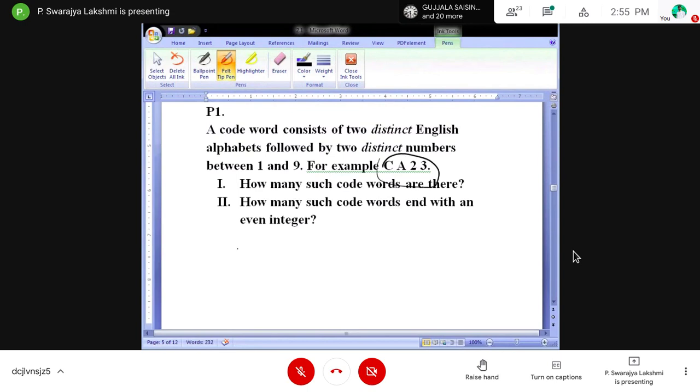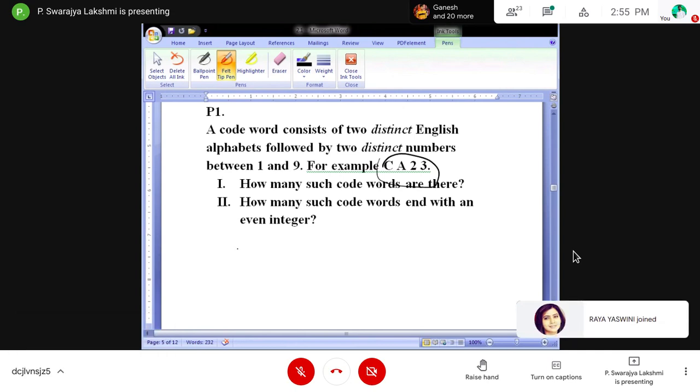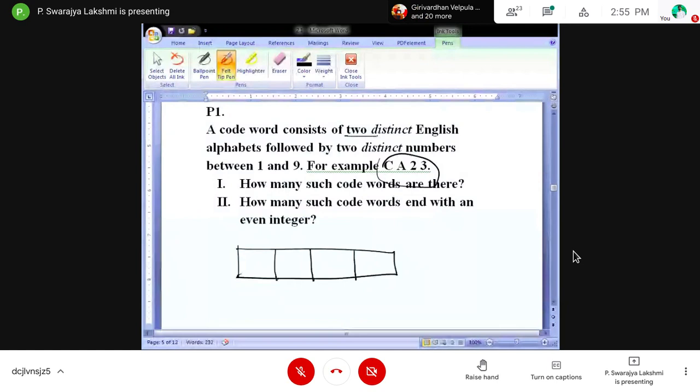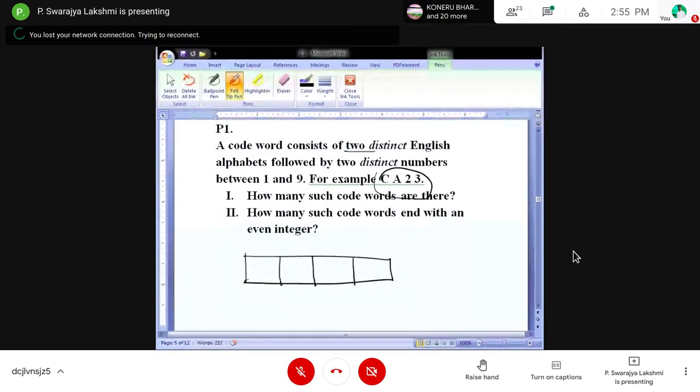So we have a 4-letter word. Distinct means repetition is not allowed, all should be different. So the first two should be alphabets and the next two should be numbers.